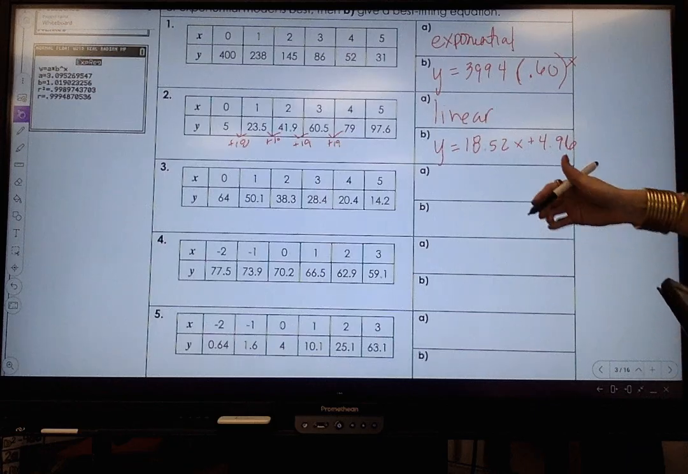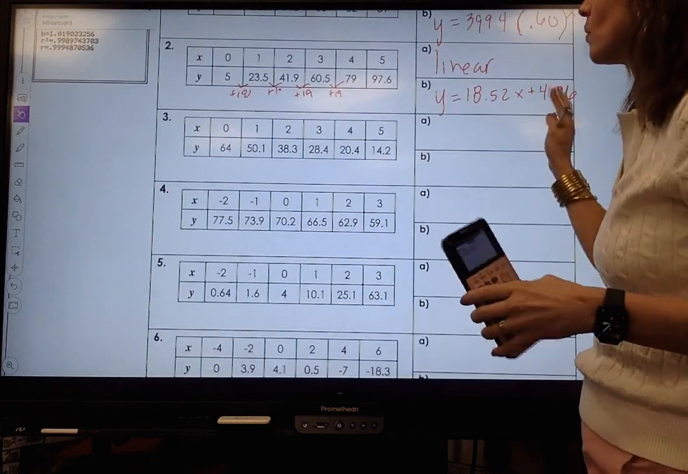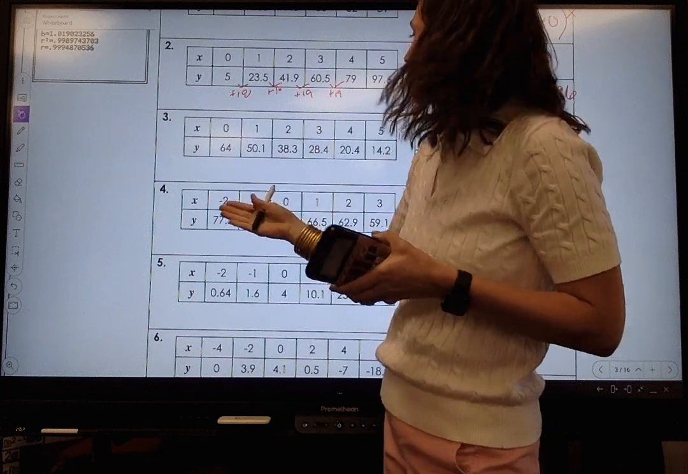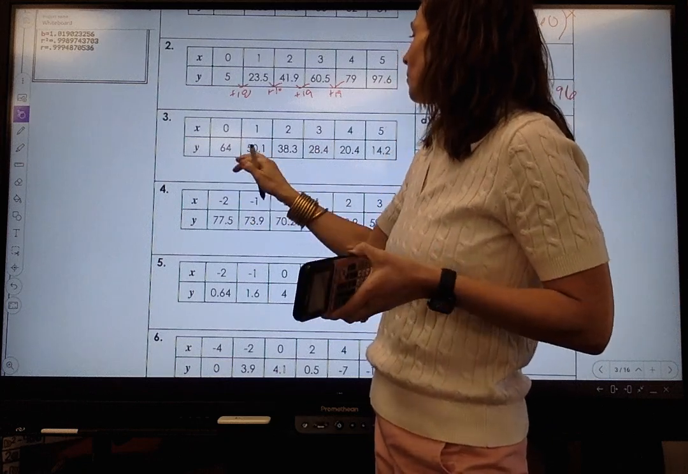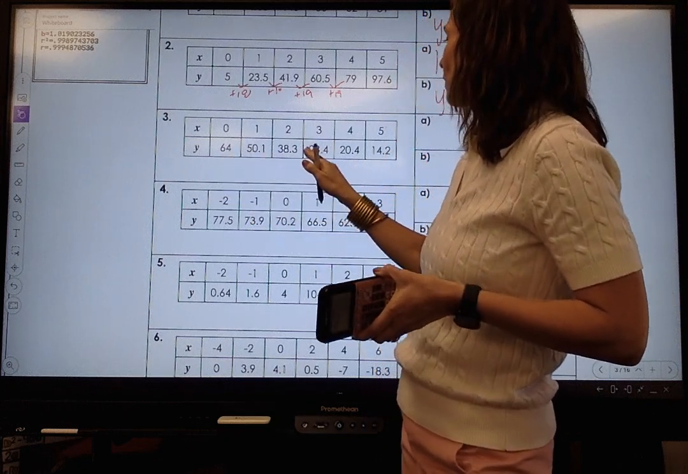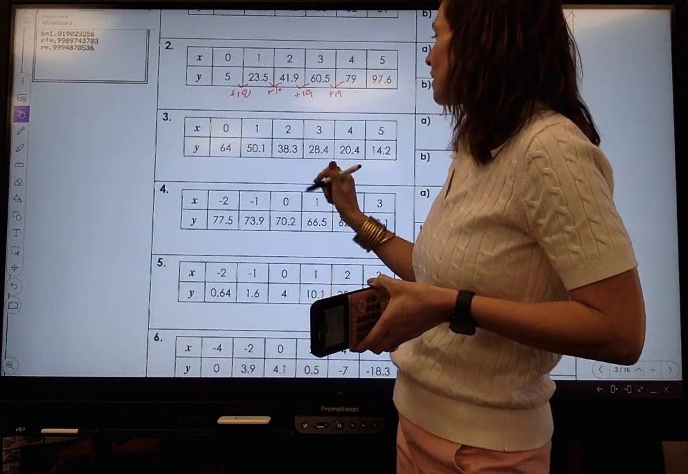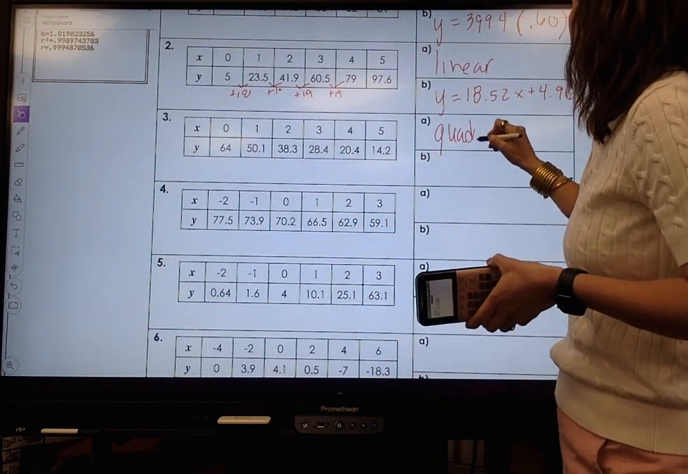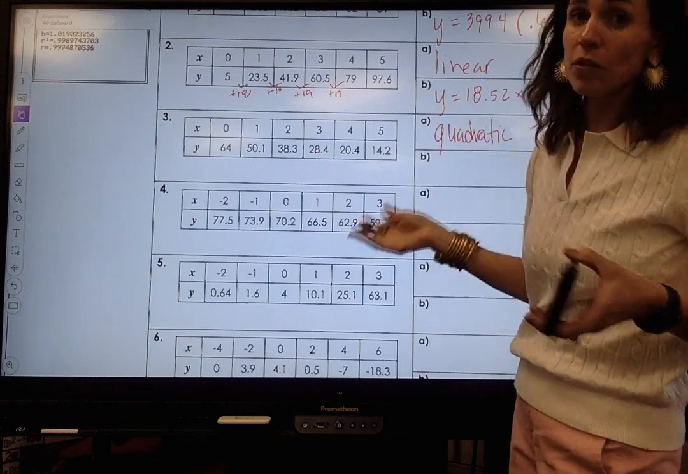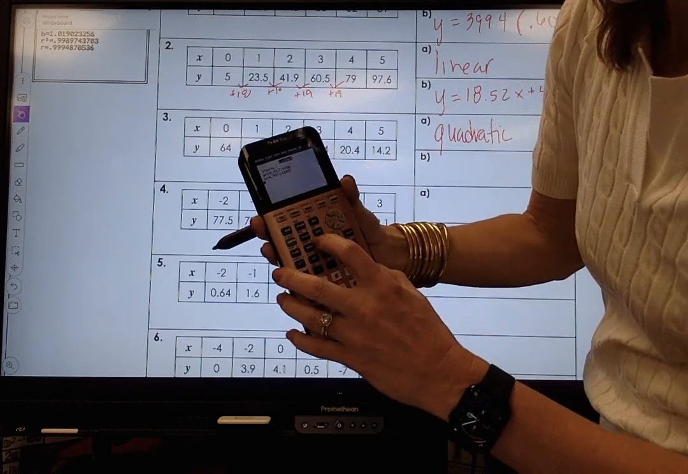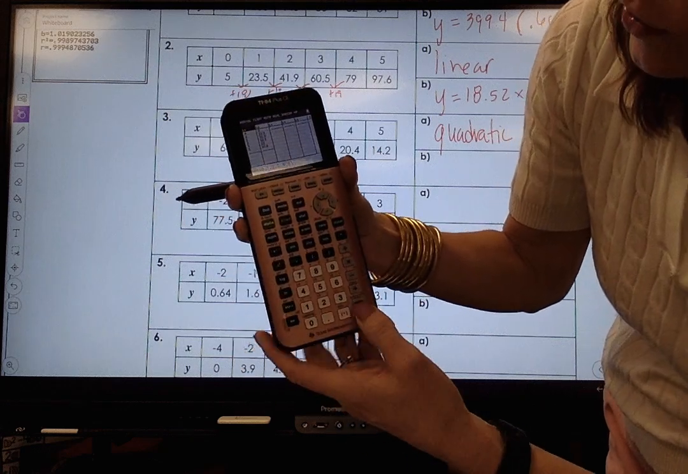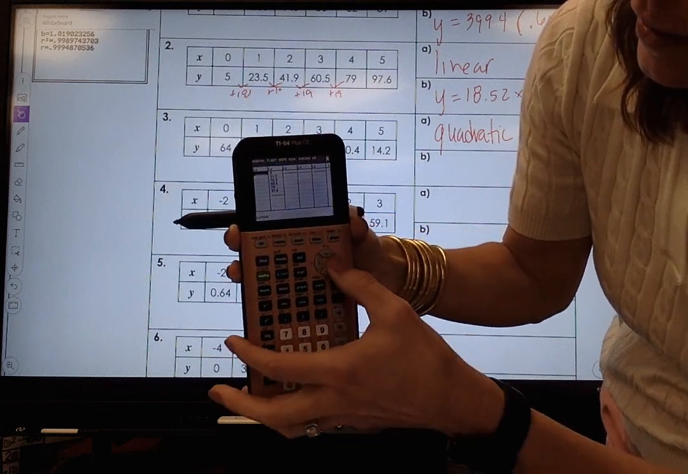Okay? All right, let's look at number 3. So number 3, it's not decreasing at a common ratio rate, and it's not decreasing by like 14 each. It's going down 10, 8, 6. So this is going to be quadratic. And again, I'm going to do the same thing. I'm going to go back to stat, edit the list, over to clear out list 1,